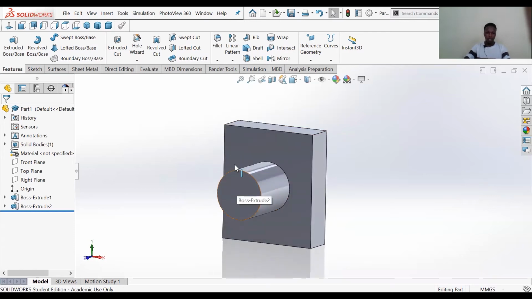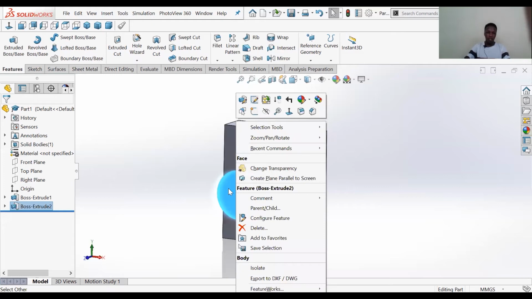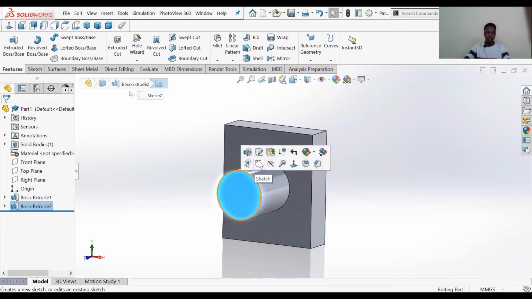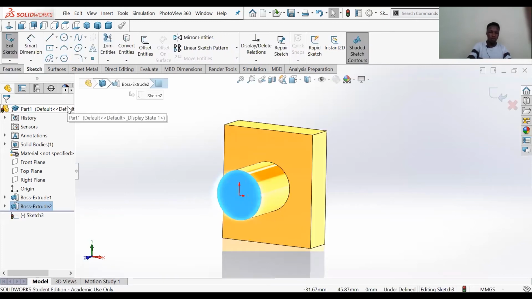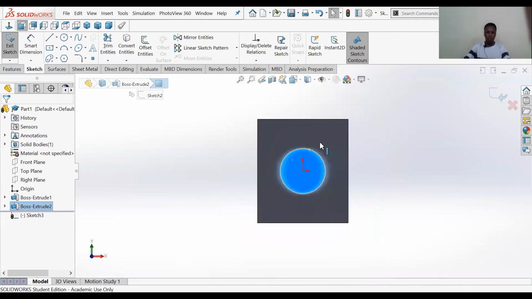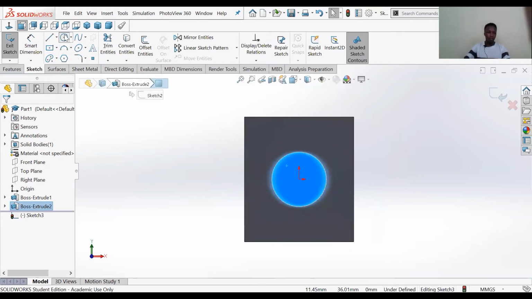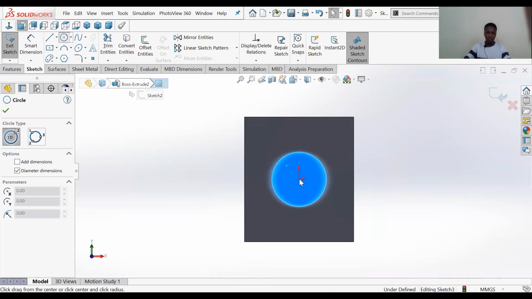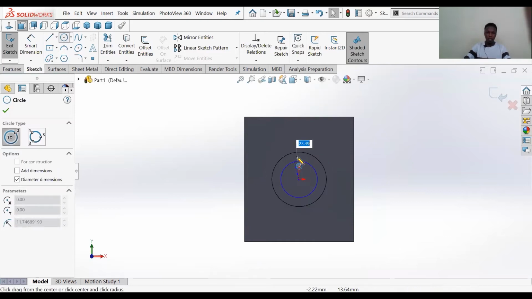Because this is a flat surface, remember I've told you that you can draw a 2D sketch on this flat surface, as long as it's a flat surface. So by just clicking on it, selecting the Sketch option and pressing Ctrl+8 to go to normal view, here you can create any type of sketch. I'm going to create a circle here,